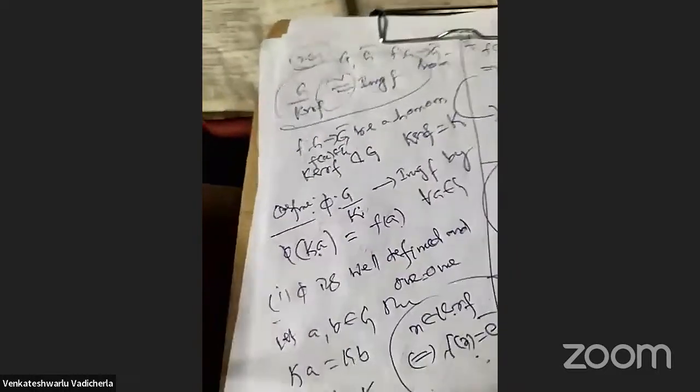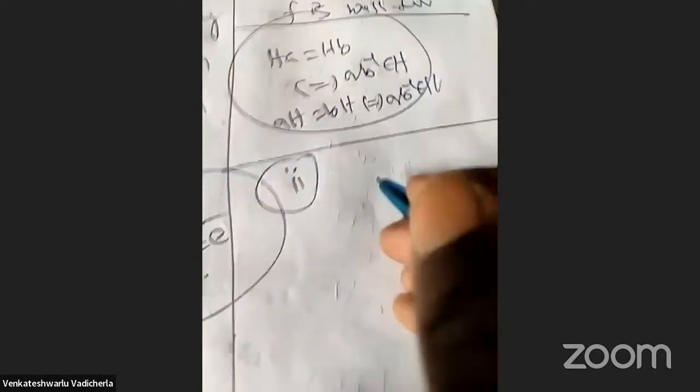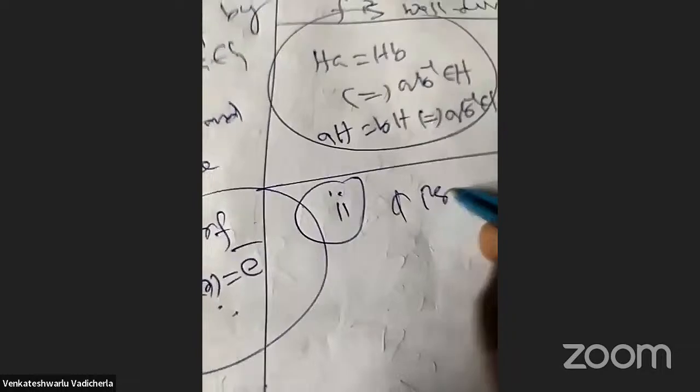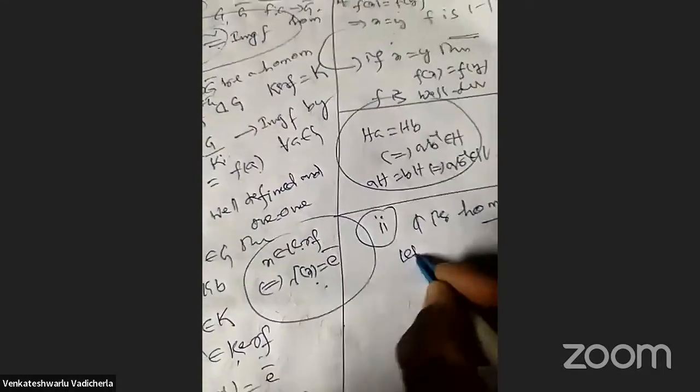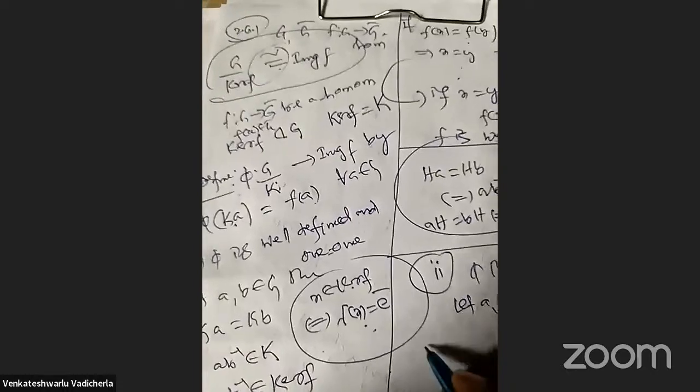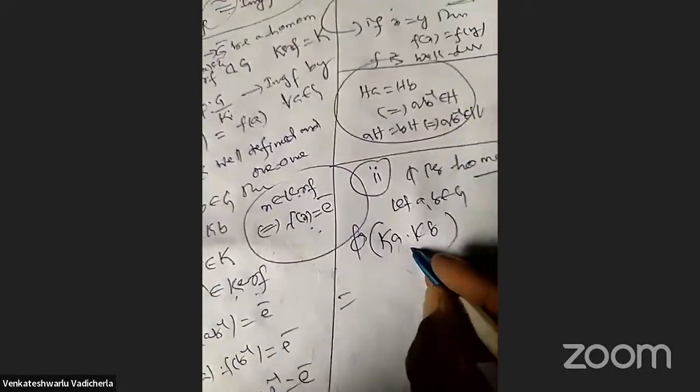So next, the second definition: pi is a homomorphism. What is meant by pi is a homomorphism? Let a comma b belong to G. So what I am doing is pi of ka into kb. Pi of ka into kb is equal to pi of ka times kb, that is the product of two right cosets hx into